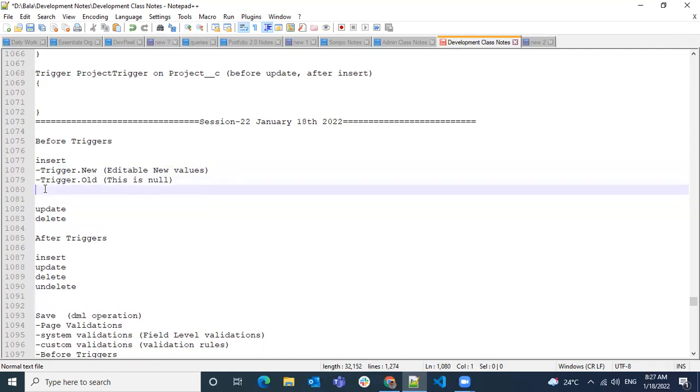It's completely null. What about trigger.newMap? First of all, we need to understand the structure of trigger.newMap. Trigger.newMap is a structure with the Salesforce record ID followed by the record. So when you are in the before insert trigger, your record is not saved to the